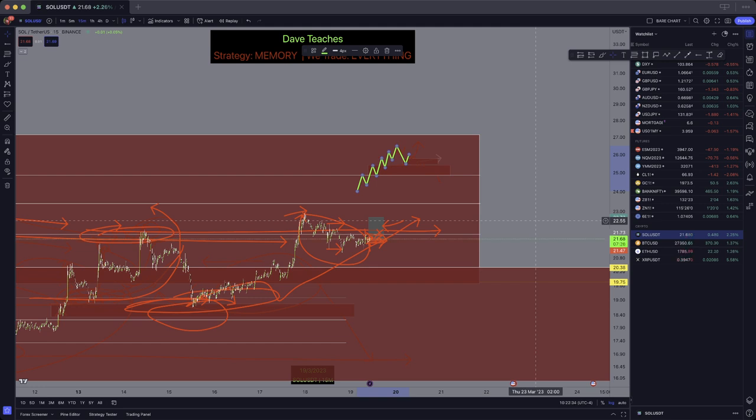Do you need to track all of them? When you're learning, yes. When you're trading, no. And this is why when I see certain people's charts who have all the zones marked up,